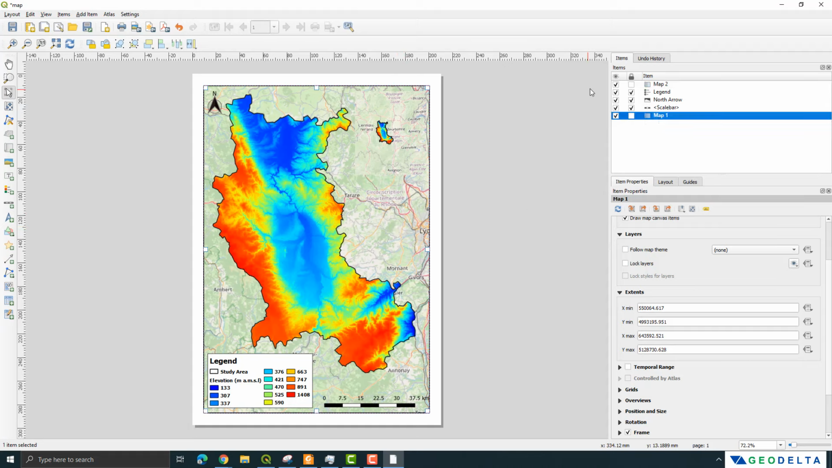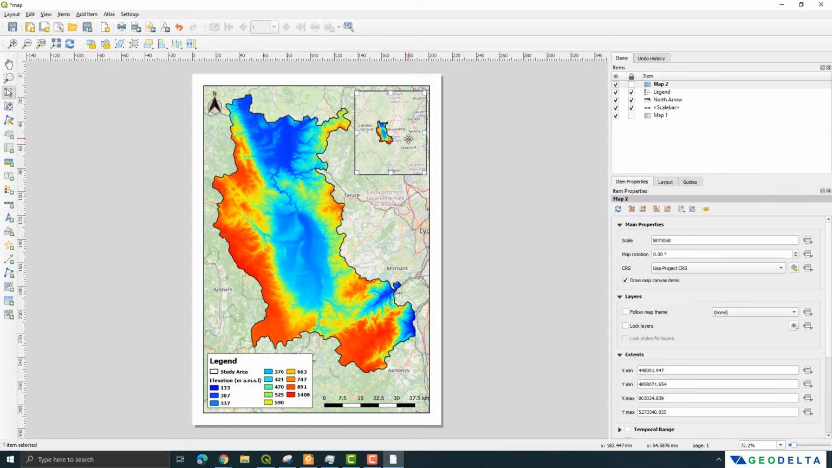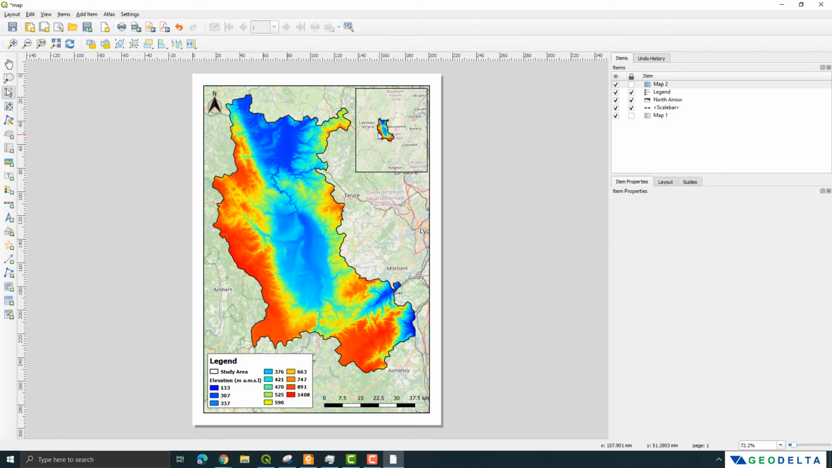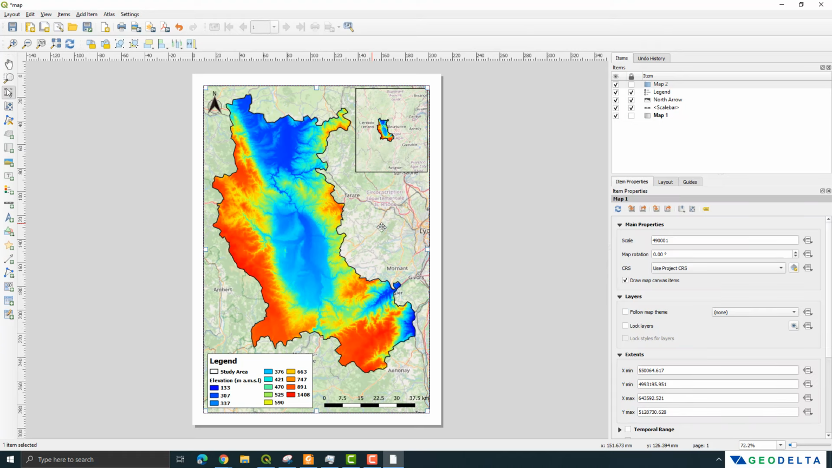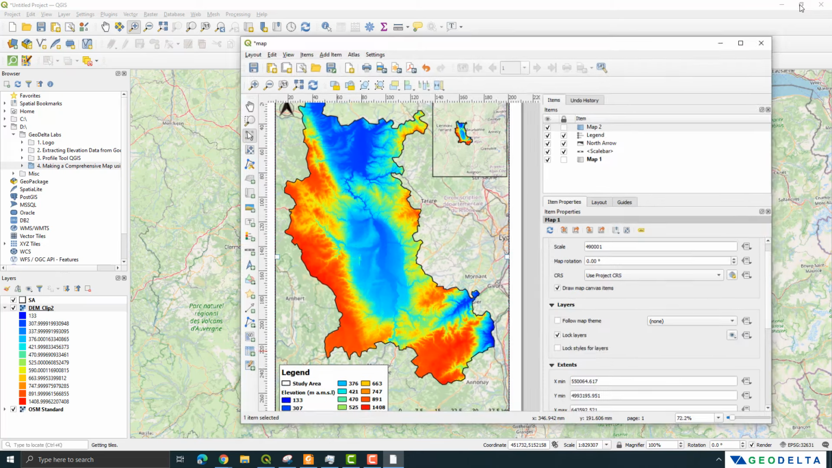So what I'm going to do is first let me go back to map 2, and in order to distinguish this from the other, I'm going to add a frame like this. Maybe make this one a bit more thick. After I fit it like this, I'm going to select this map 1 again, go to this layers option, and lock layers just like this. And after that, I can go to this restore down option,